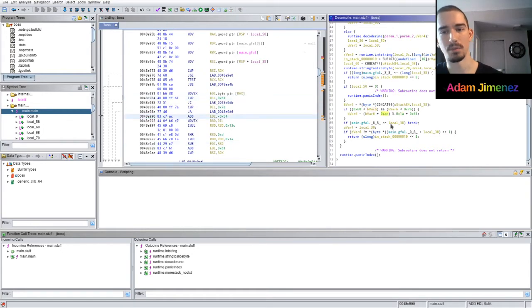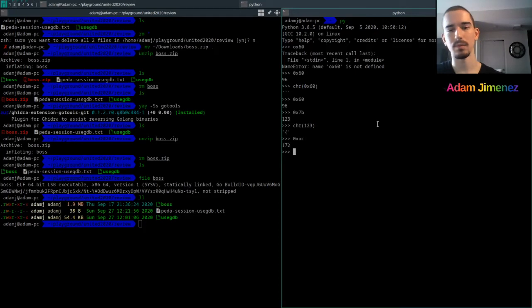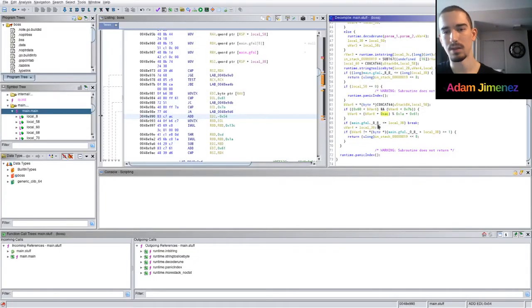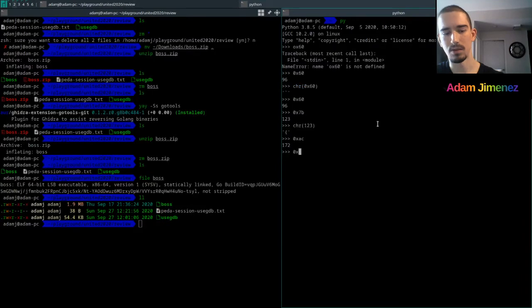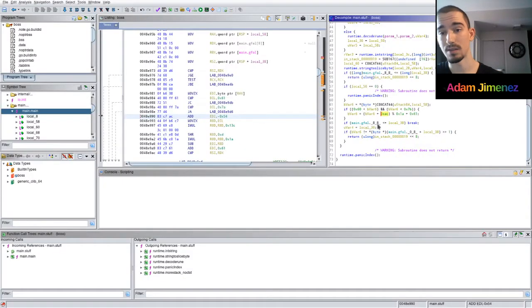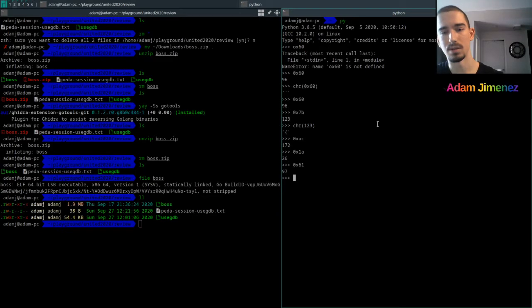So plus 0xAC, which is 172, then it's taking it modulo 26, the size of the alphabet, plus 0x61, so a. It's bringing it to a. And I'm curious to see, yes, 172 modulo 26 is 16, so actually you can just do plus 16. So my guess is it's doing a ROT16